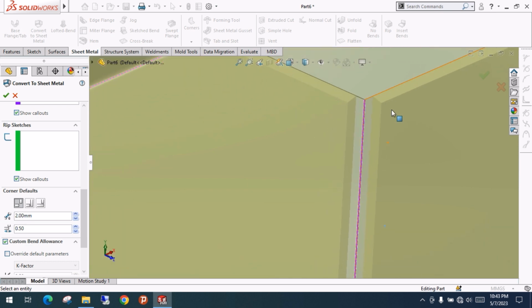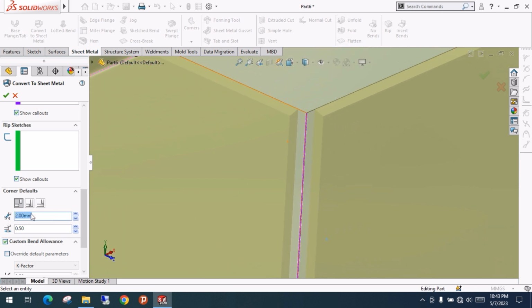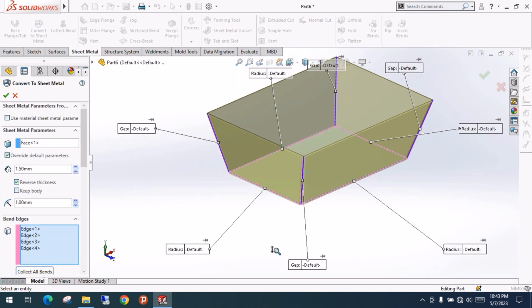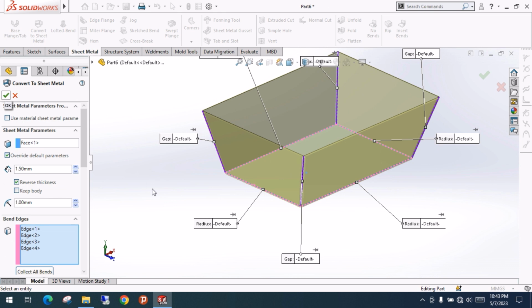If you don't want to make it 2 mm, you can make it 1 mm. If you change it to 1 mm, it comes closer here. And if you want to make it 2 mm, just make it 2 mm. I'm not changing other parameters like K factor and all these things. Just keep it as it is. So if you click OK,